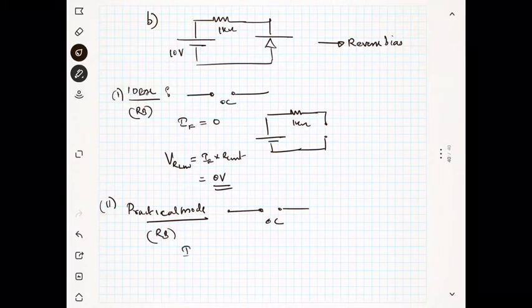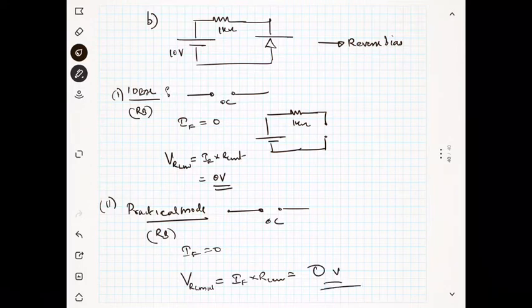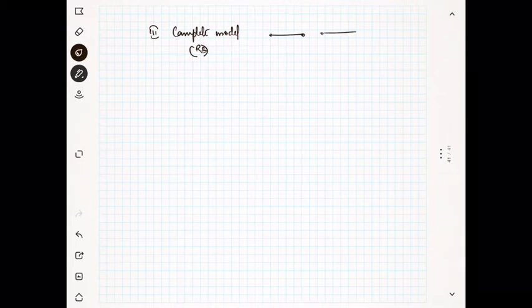So again you will get IF equal to 0, and the voltage across R limit becomes IF into R limit. That means again it's 0 volt. Okay, next we have the last part, that is the complete model for the reverse bias. The complete model for the reverse bias is like an open circuit, but there is a small